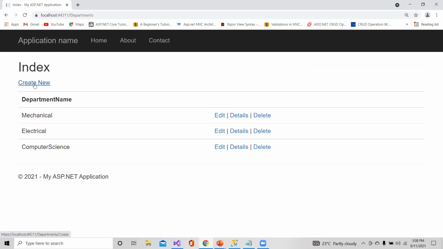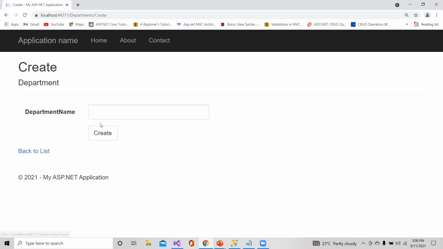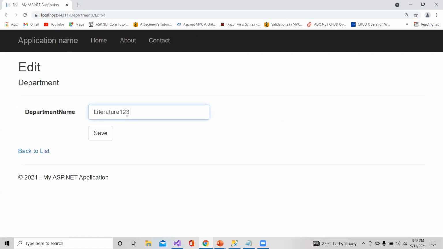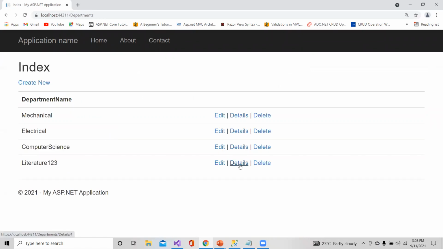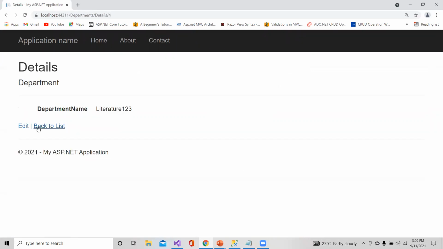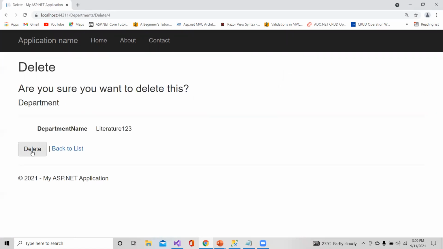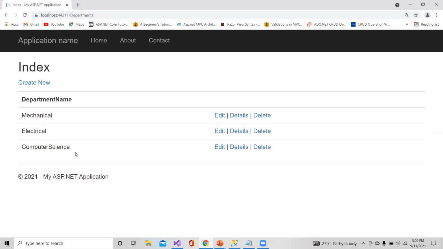So here, suppose if you want to create any new department, you can create it. It is going to ask you the department name. Let me take it as literature. Create. One more department is created. If you want to edit something, you can edit it. If you want the details about this, back to list. If I want to delete it, all the operations are possible. Here for the delete alone, it is going to ask you the confirmation. You can click on delete. It is getting deleted. Similarly, for the